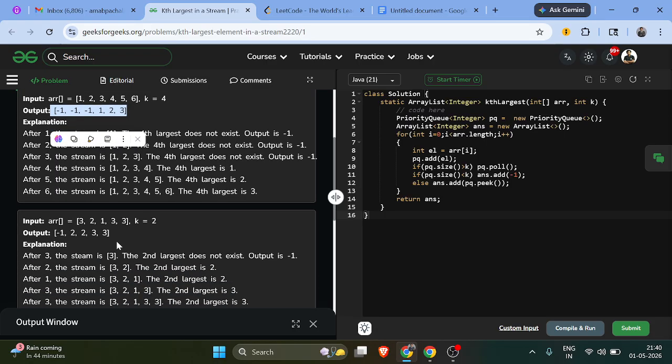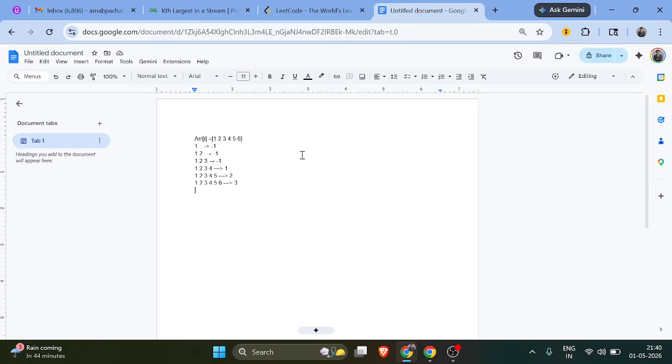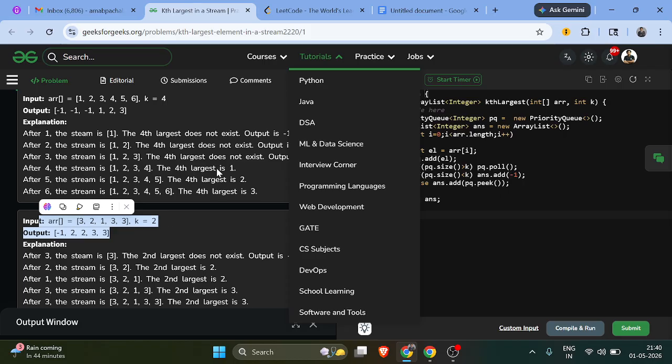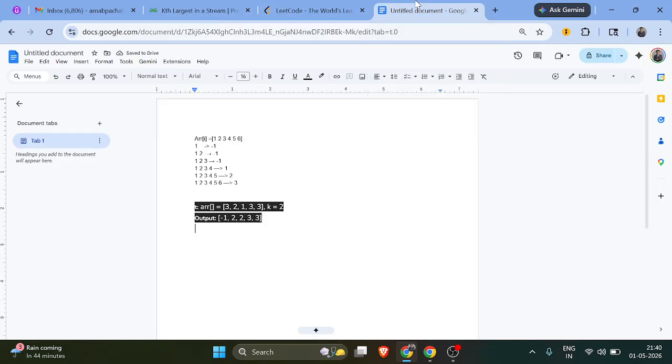If we take the second test case also, then we can easily verify whether our understanding of the question is right or not. So that is the expected test case. And if we take the stream 3, 2, 1, 3, 3,